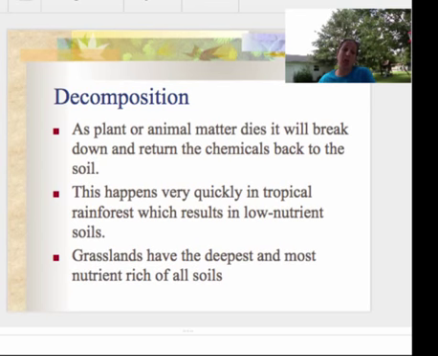One of the biggest biomes that you're going to want to pay attention to is the chaparral, and this is seen numerous times on the AP exam. So if there's any one of those that you really don't understand, the one that you need to understand the most is the chaparral. And that decomposition of that plant and animal, it's going to die, and then it's going to break down all those components of that organism and then return those components to the soil, and we'll talk about the cycles in another lecture.